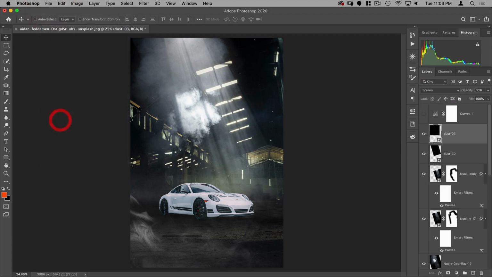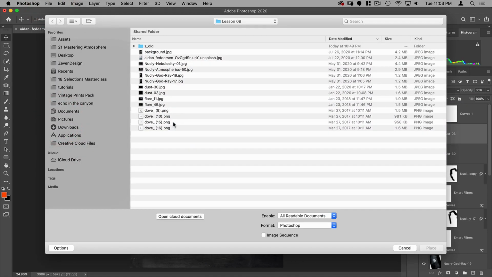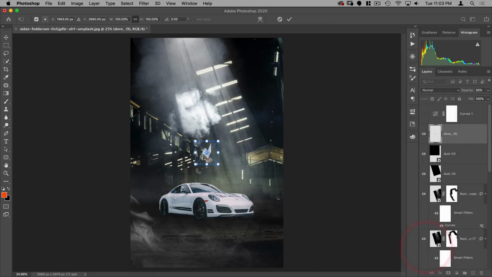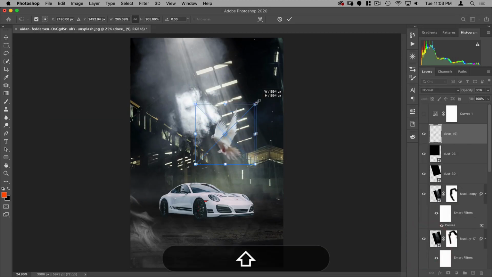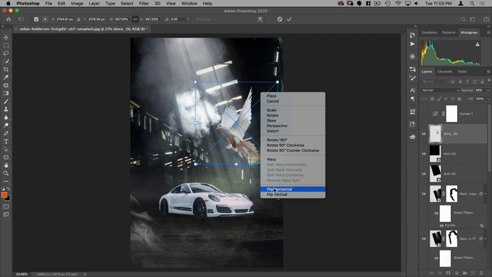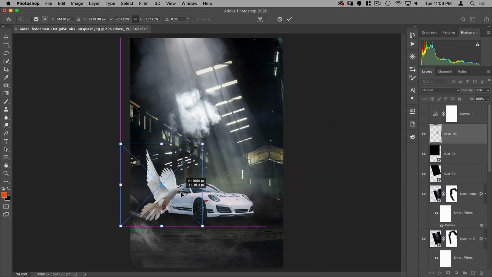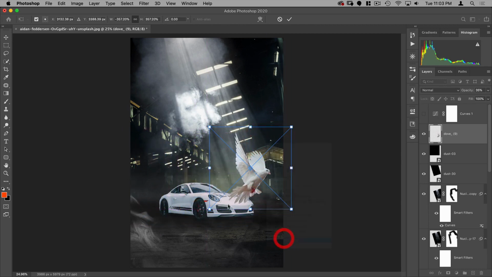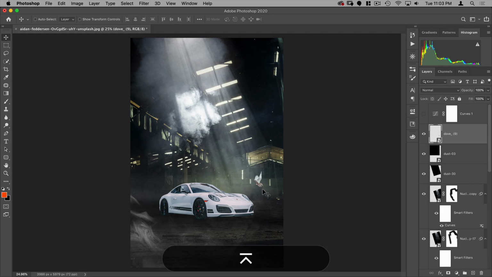And let's do File, Place Embedded again. And the next thing I want to do is place these birds. So let's take the first one, Dove 9. And I want to make this one bigger. Flip it horizontal. Let's see, where's going to be the best place? Okay, let's flip it horizontal back to how it was. Let's make this one right about there. So this one's kind of flying on the other side of our car here. So right about there looks good.